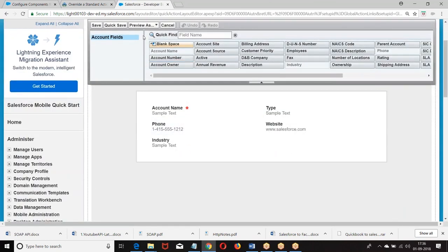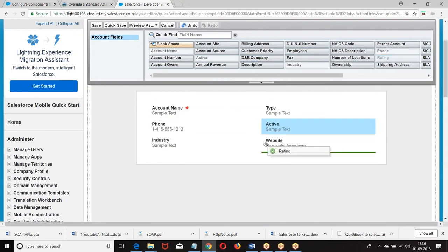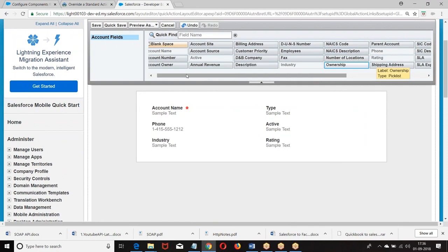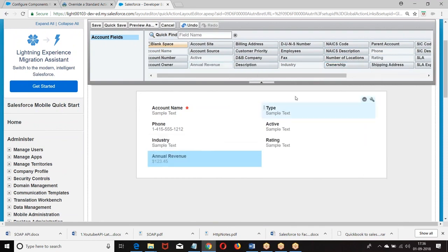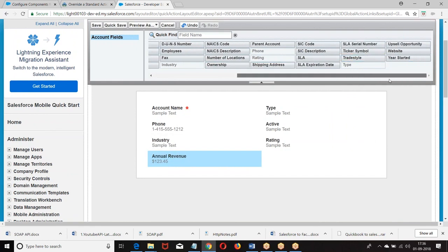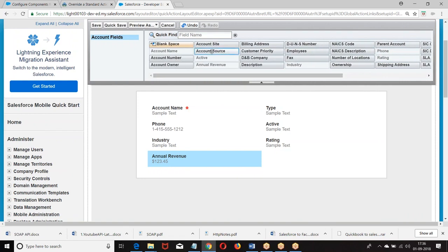Now, when you say quick create, which fields should be there? Name, phone, industry, type, annual revenue. Then we have ownership, account ownership.